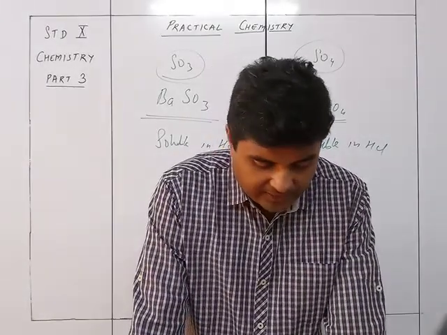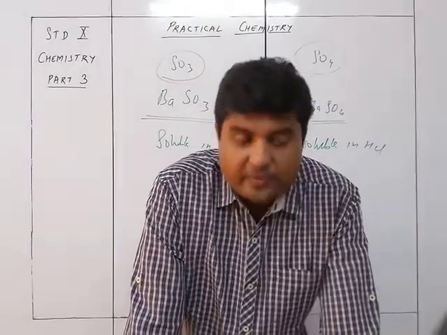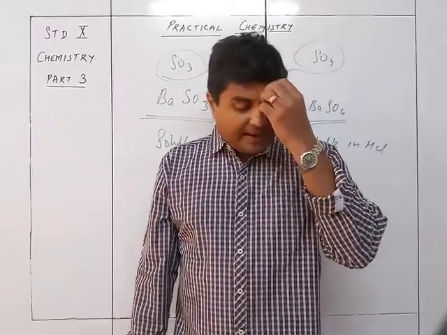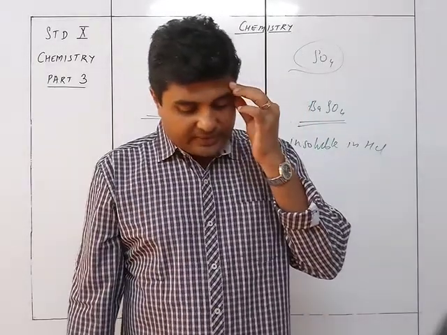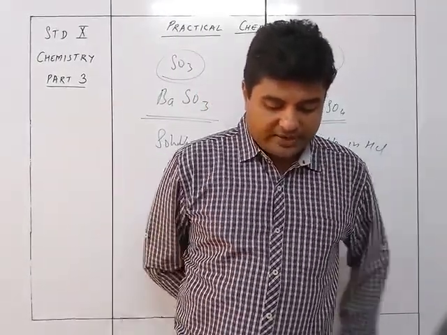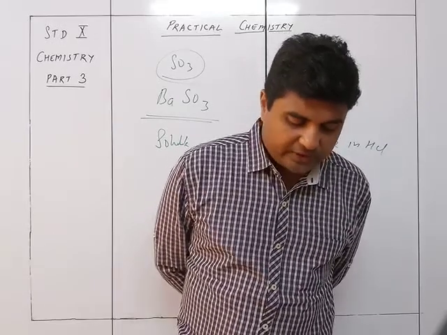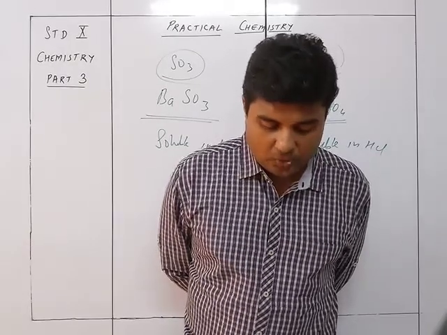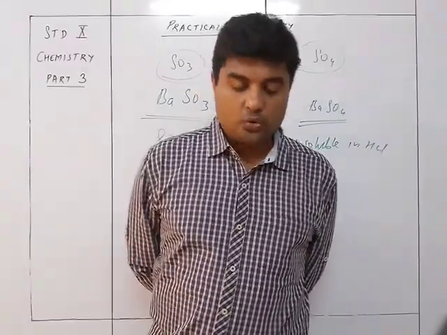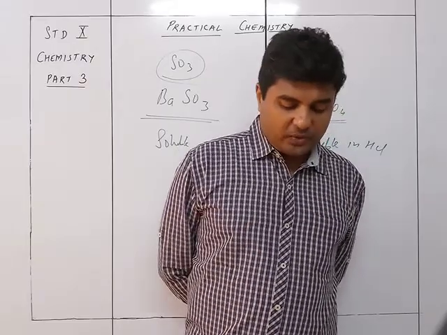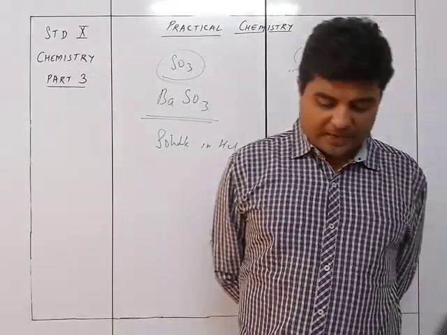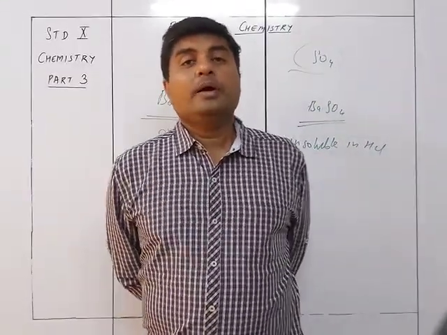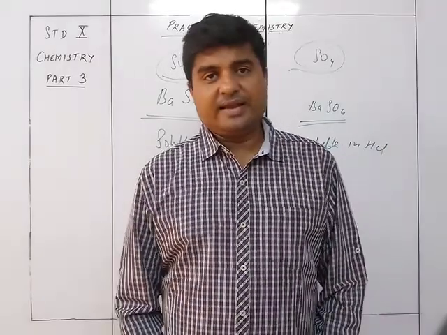Action of alkali: aluminium with NaOH plus water will give you NaAlO2 plus H2, that is again the amphoteric substance. Al2O3 plus NaOH gives NaAlO2 plus H2O. Zn plus NaOH will give Na2ZnO2 plus H2. ZnO plus NaOH will be Na2ZnO2 plus H2O. Pb plus NaOH will give you Na2PbO2 plus H2, and PbO plus NaOH will give you Na2PbO2 plus H2O. These are basically the reactions of the amphoteric substances aluminium, zinc and lead.